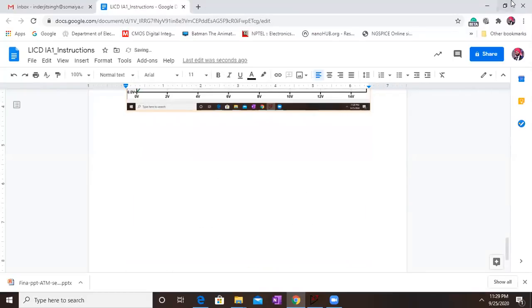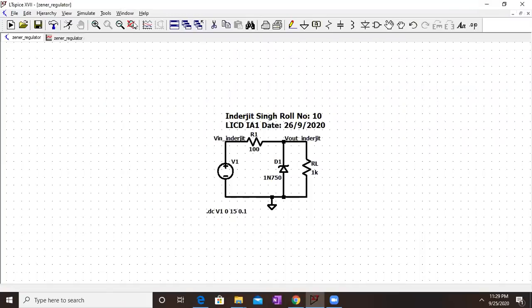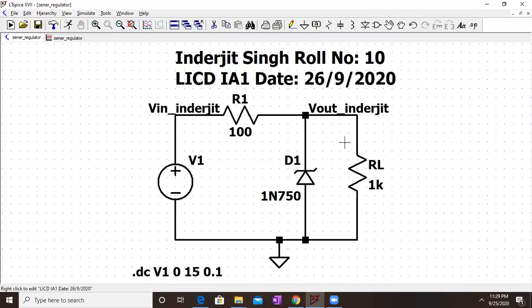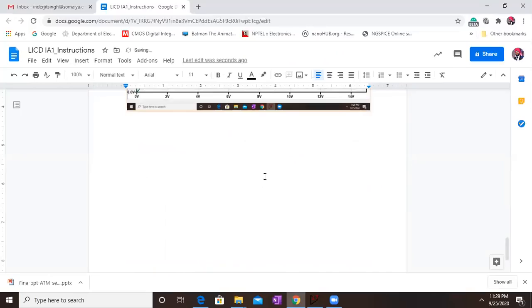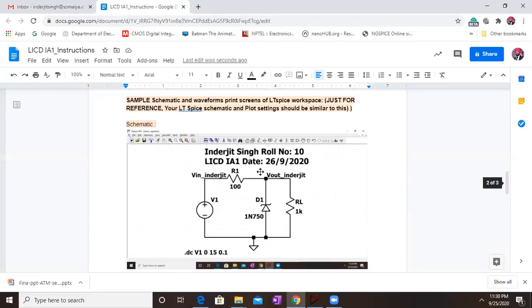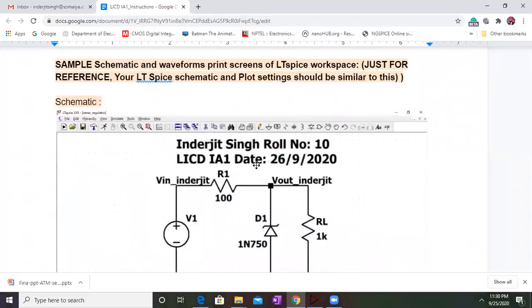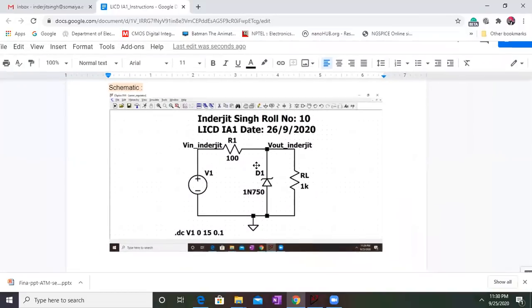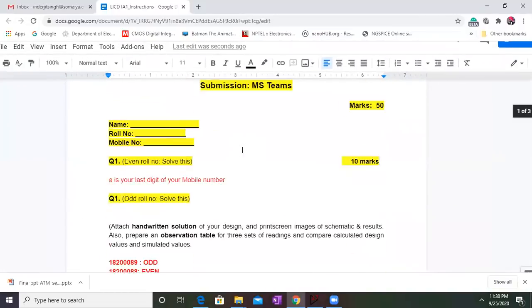So I request that whenever your circuit is ready, you click on zoom full extent. I again repeat, if your circuit is ready, you click on zoom full extent. Automatically, it will occupy the entire space. And you have to take this print screen, and it will look as it is visible over here. Now this will be very, very easy for us to evaluate, as you can see right now. So these are the points you need to take care of.